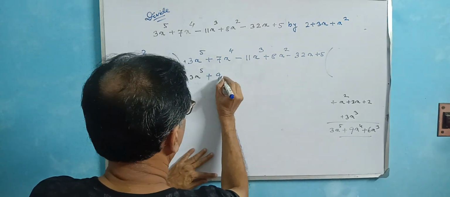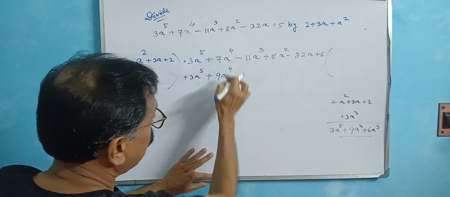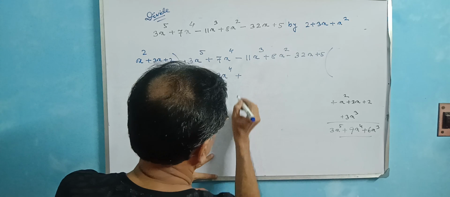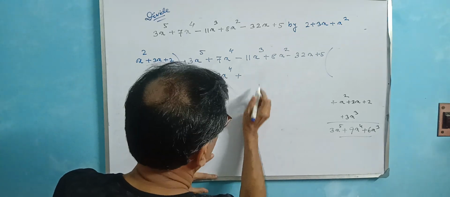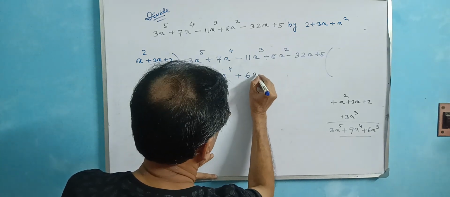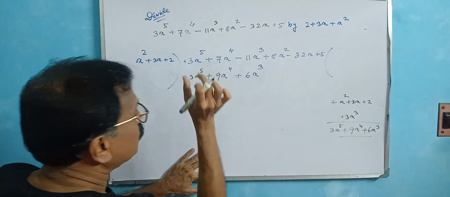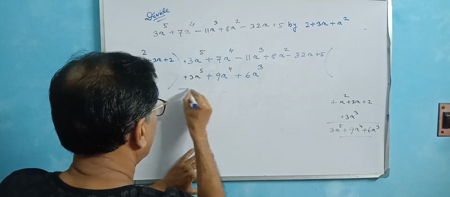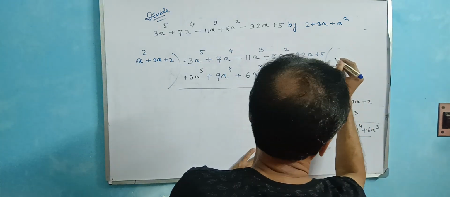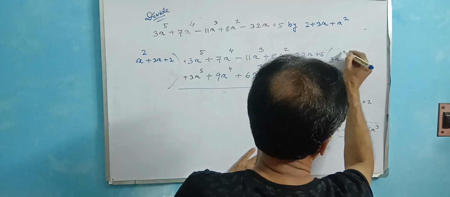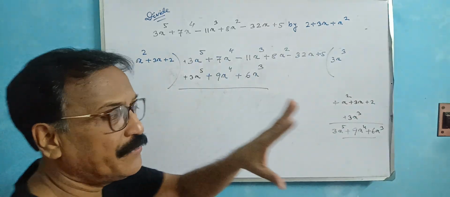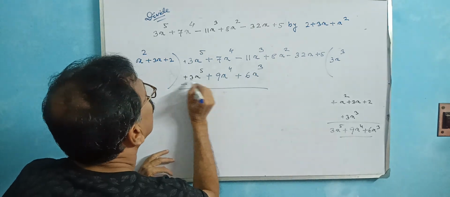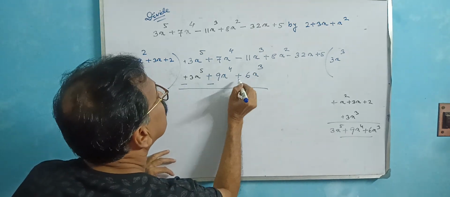9x to the power 4. Just in order, same like term just down the like term. Write the like term below the like term: x^4, x^4, x^3, x^3. Okay, now what is the process here? The coefficient is 3x cube. Okay, now the next stage: subtraction, sign change, plus minus, plus minus, plus minus.